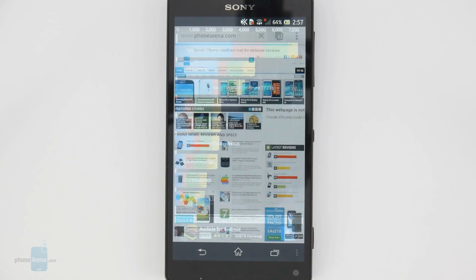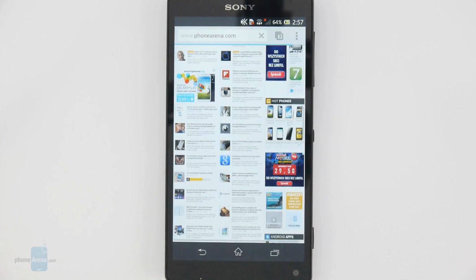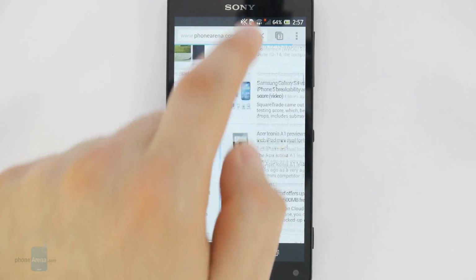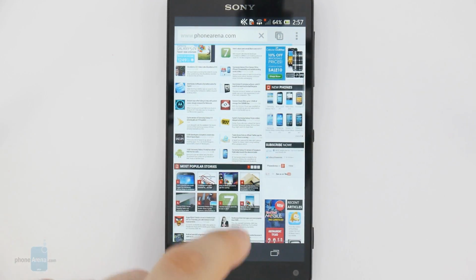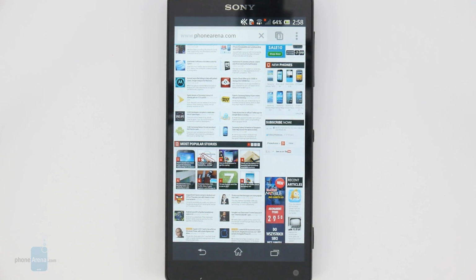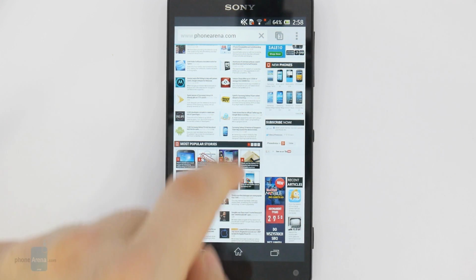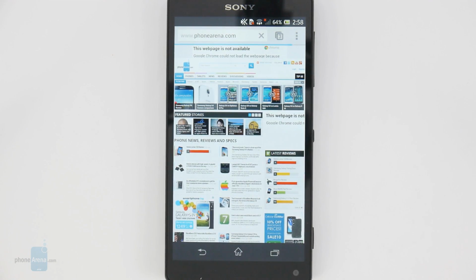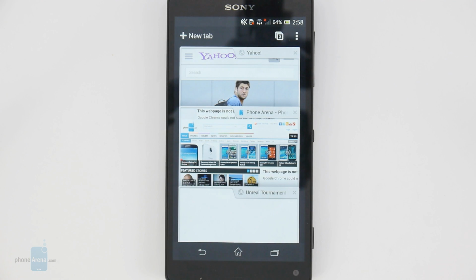Xperia ZL. Surfing the web using the Sony Xperia ZL is a pleasure, not only because the Chrome web browser has no troubles rendering even the heaviest of web pages, but also because there's a large screen that you can view entire web pages on. And its high resolution means that you'll be able to read even the smallest of text. Since this is Chrome, we're working with our desktop bookmarks, and opened pages are accessible on the phone and vice